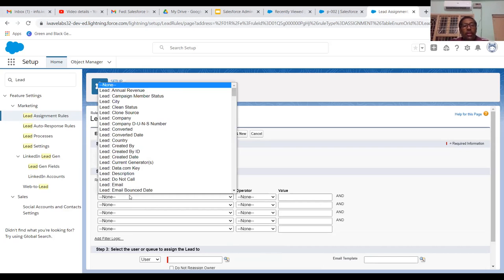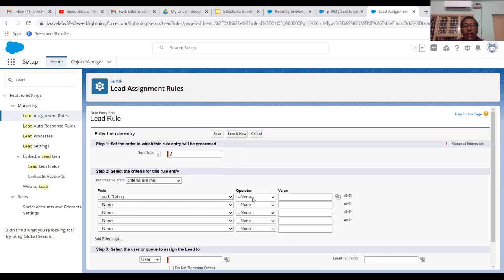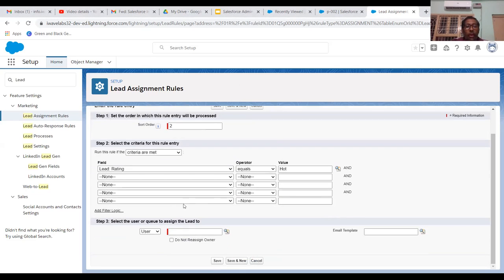What is my condition? Lead rating is equal to hot. I can click on the magnifier icon, select hot here, and click insert selected. Now I'm going to select the queue. Click on queue.